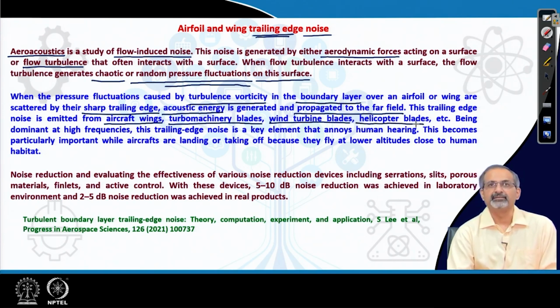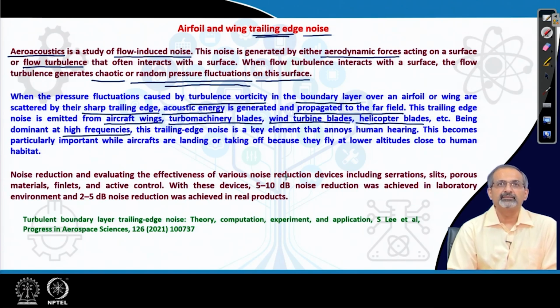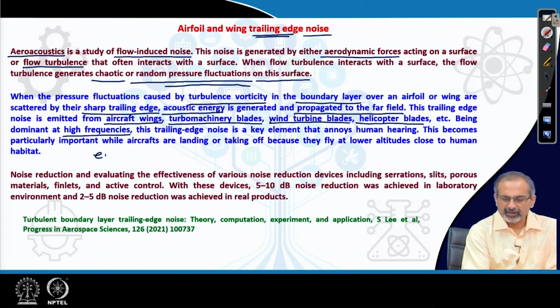Also helicopter blades, and they are dominant at high frequency. So, it is a high frequency generally broadband noise, as we say. This trailing edge noise is a key element that annoys human beings. This becomes particularly important when aircrafts are landing or taking off, because they fly at lower altitudes and close to human habitat. So, it is an environmental issue